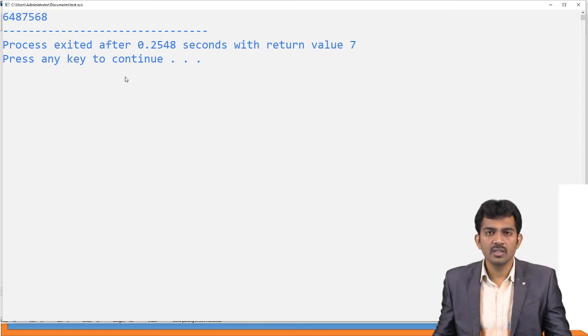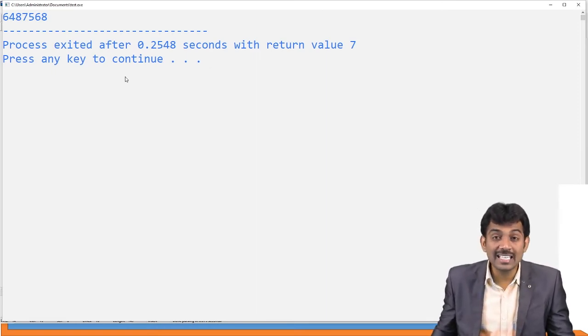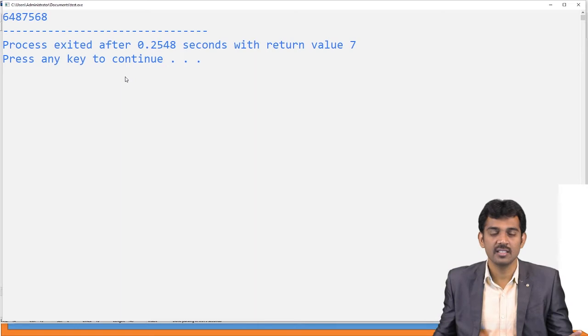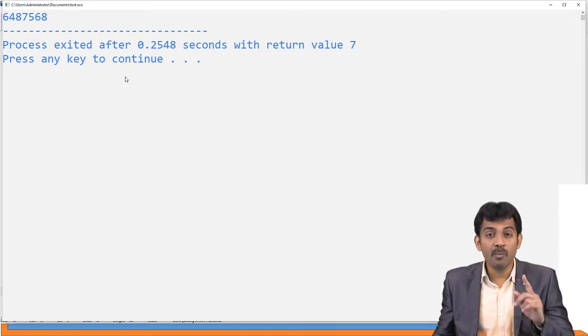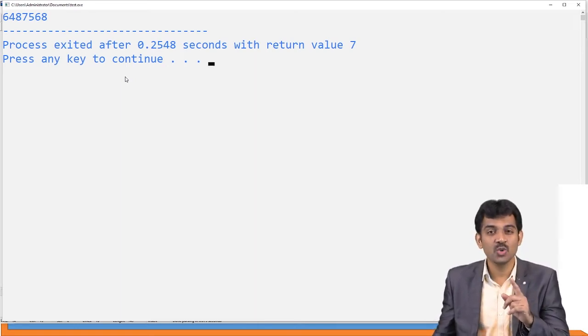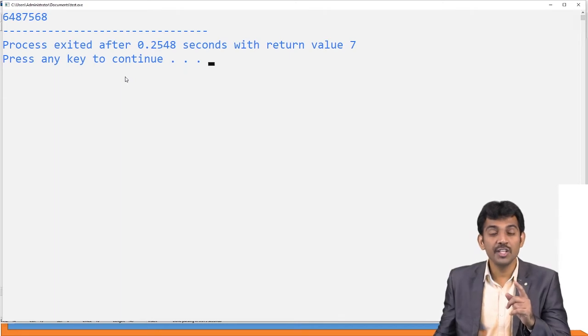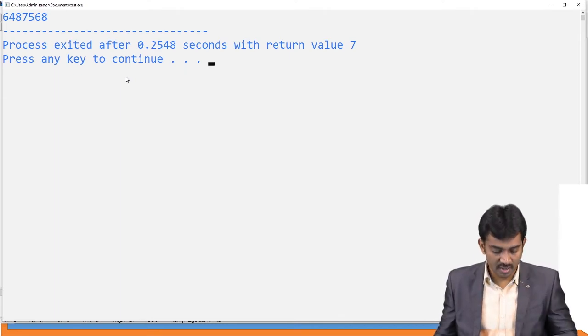See, what is this? This is the address. Please note this. If you pass an array as your argument, it is going to send the address instead of the values.